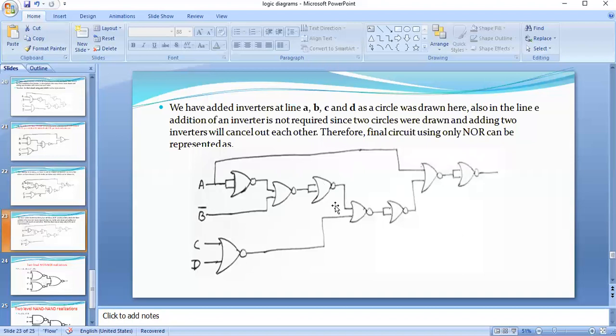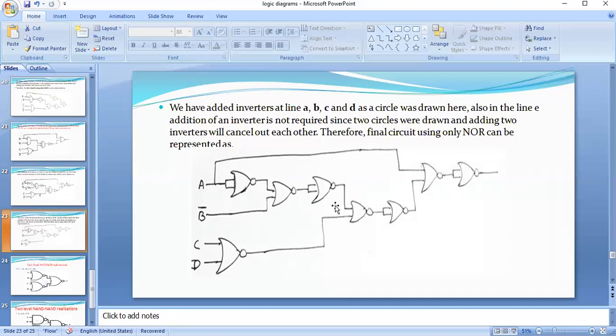Okay, so this is all about conversion from AOI logic into NAND logic or NOR logic. In the first step, we have to draw the logic diagram using only basic gates: AND gate, OR gate, and NOT gate. After that, if you want to implement using NAND logic, you have to place a bubble at the output of each AND gate and the input of each OR gate. And finally, you have to replace the bubbled OR gate with the NAND gate.